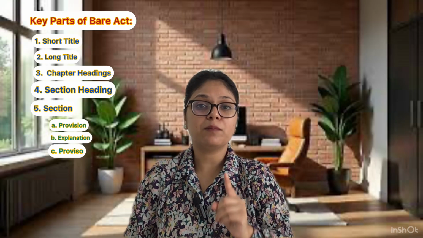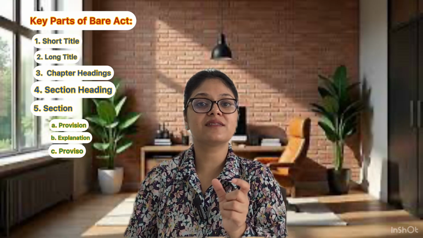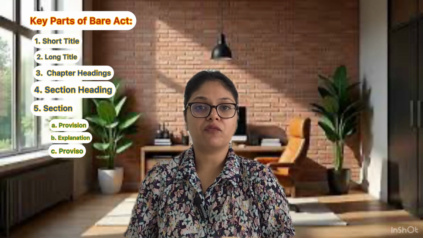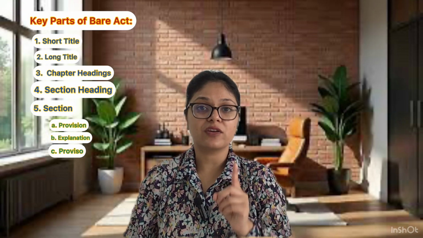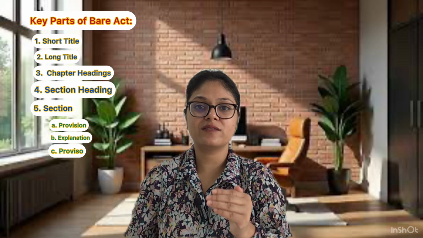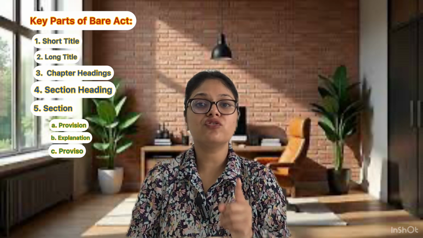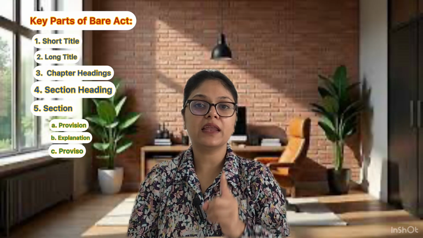Now, the third important part of this section is the proviso. It starts with the words "provided that". It provides the additional condition which is to be fulfilled under certain circumstances for the application of law. The example of it is section 61 of the Bharatiya Nyaya Sanhita. Section 61 deals with criminal conspiracy, which says that an agreement to commit an illegal act, or an act which is not illegal but is committed by illegal means,